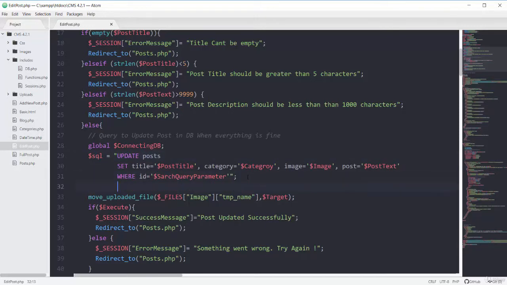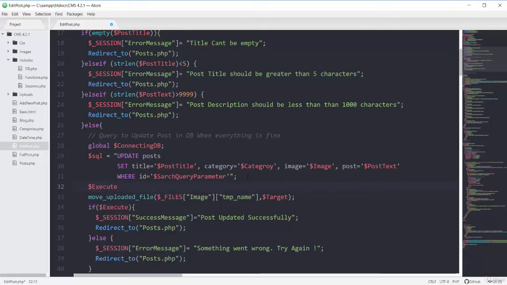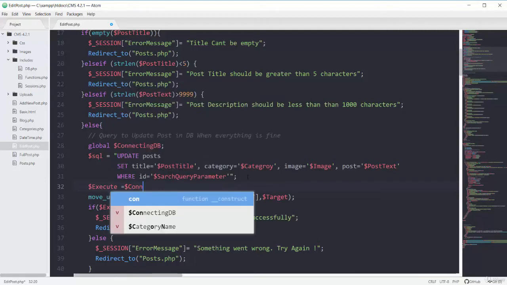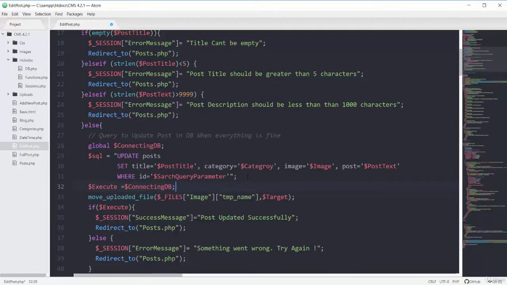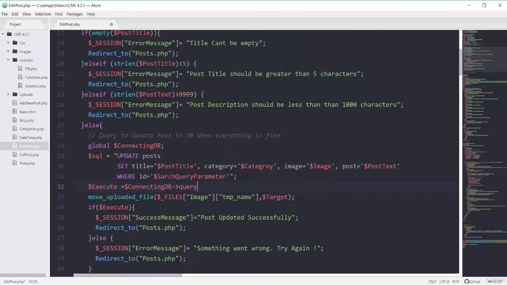So right here, I will have this execute that will call my database connection of connecting DB and call the method of query. So passing my SQL here,